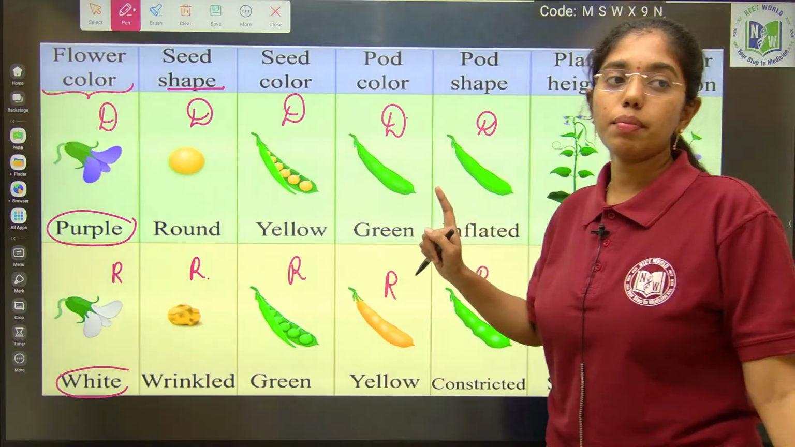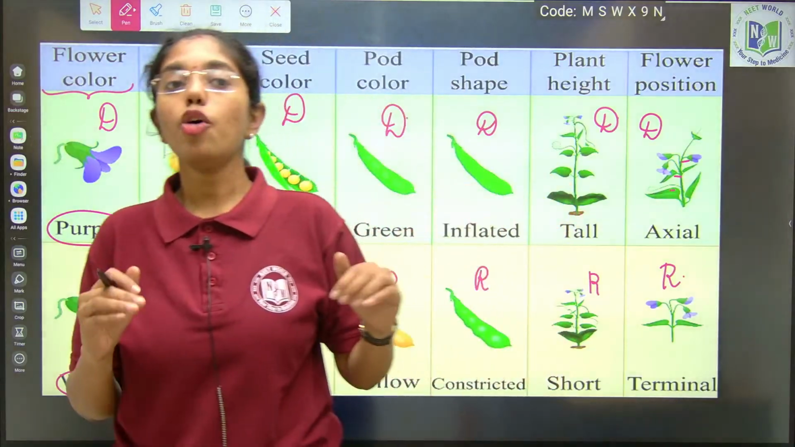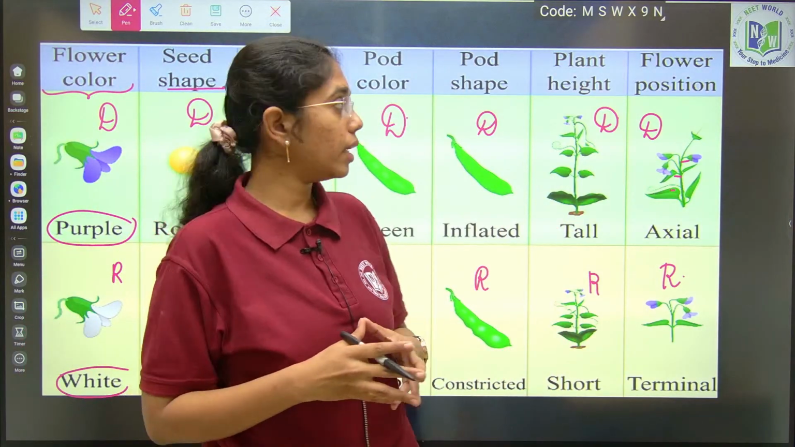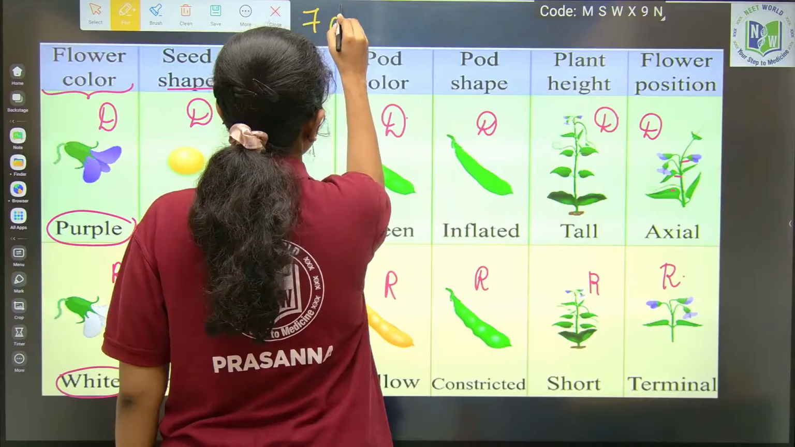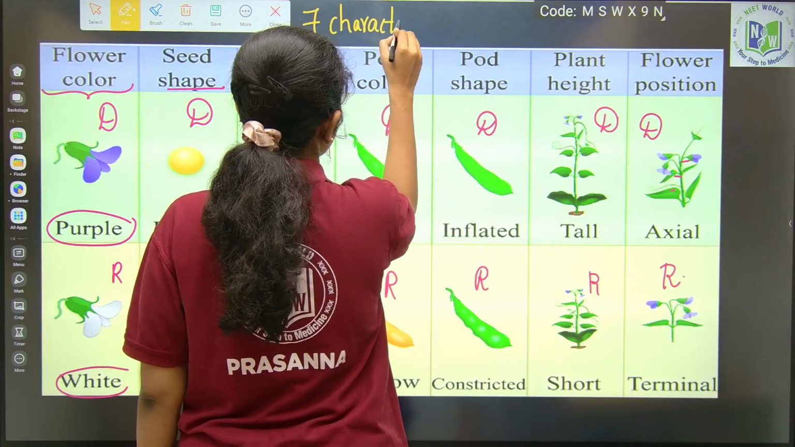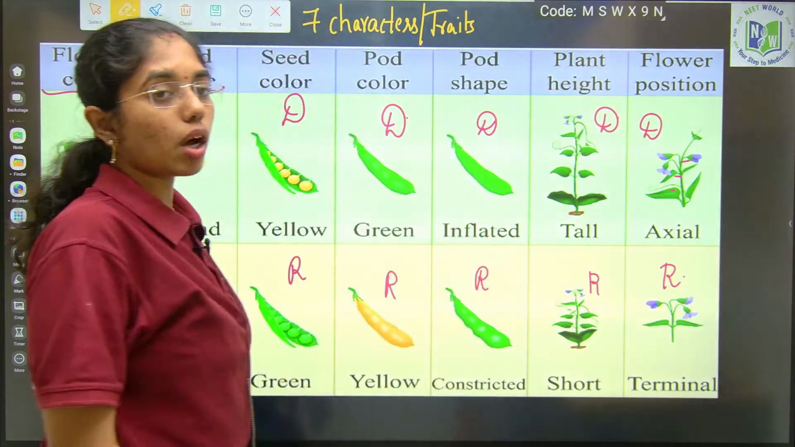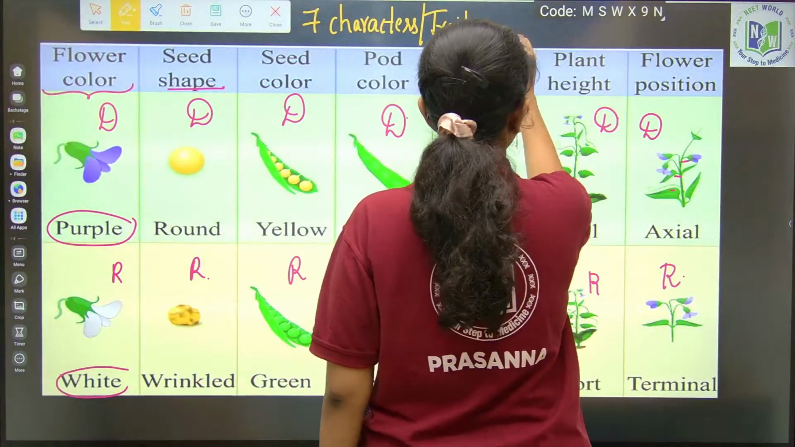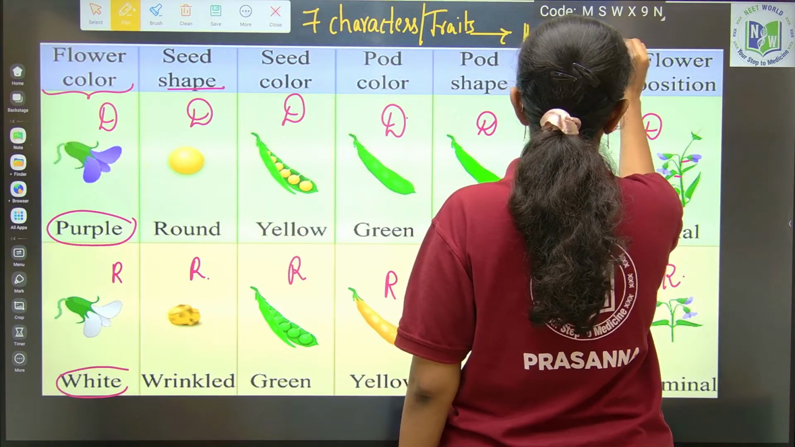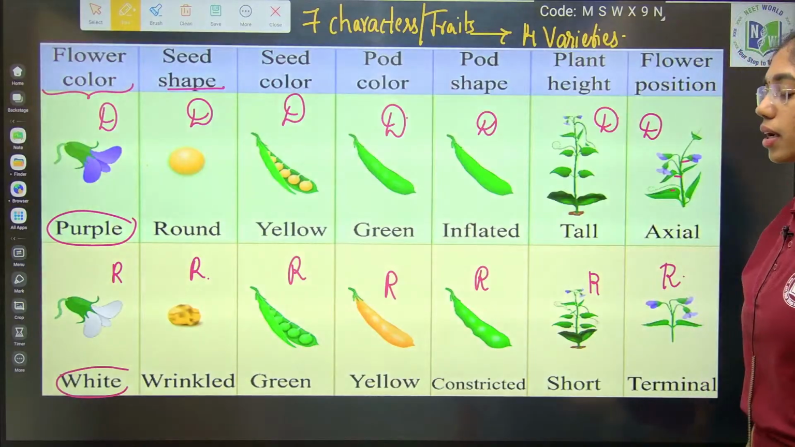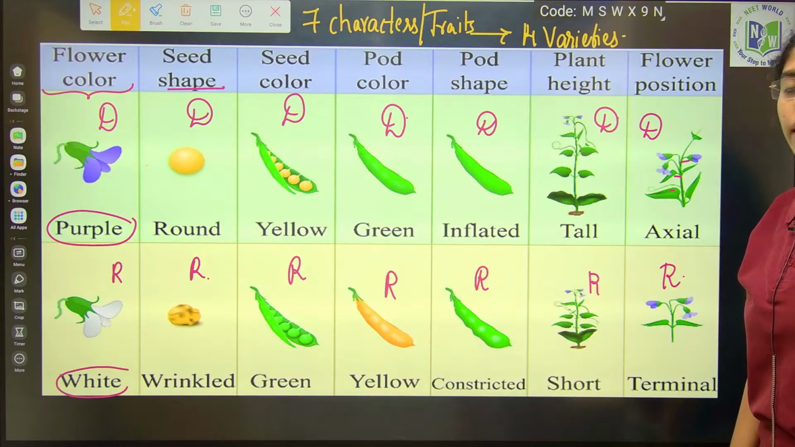And there is one more statement base, you have to be clear on that. Whenever the question is asked, how many characters or traits are considered by Mendel, you have to choose 7 characters or traits. How many varieties of it? 14 varieties. Fine, right. 7 characters or traits are considered, of which 14 varieties are noted. Clear till here? Any doubts anywhere? And then